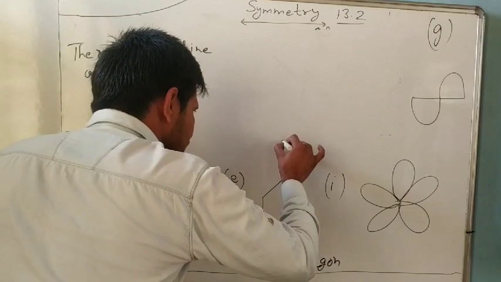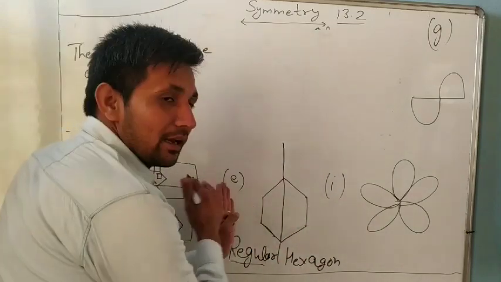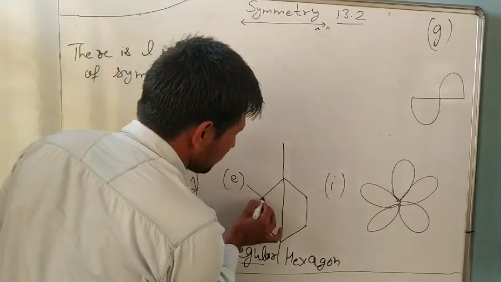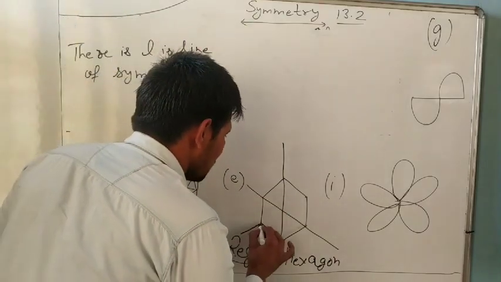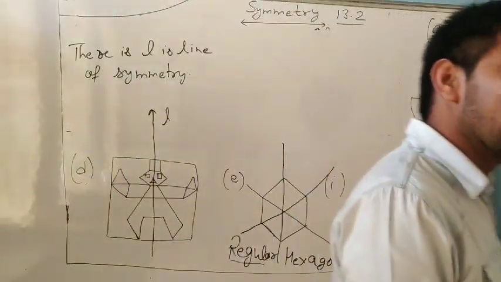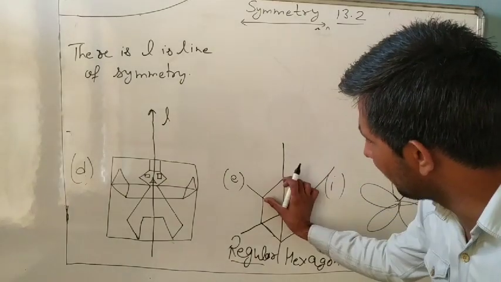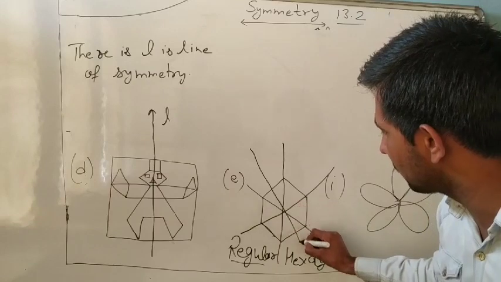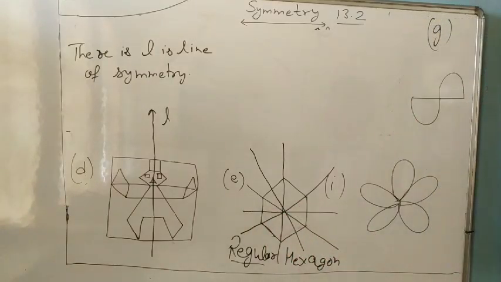Yes, it is a line of symmetry. Both sides, left and right, are the same. When we take this one, it is a line of symmetry. Yes, it is also a line of symmetry. So how many lines of symmetry? 3. But can you observe that it is also a line of symmetry from the middle of this one, and it comes like this. 4, same as it is. 5. You can make it.